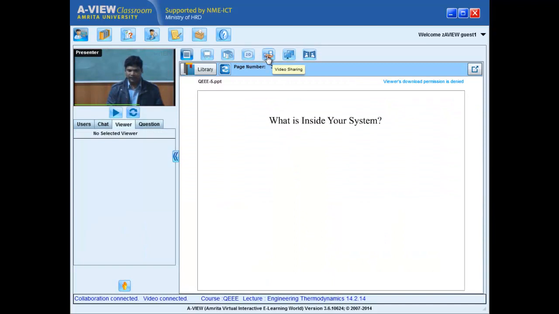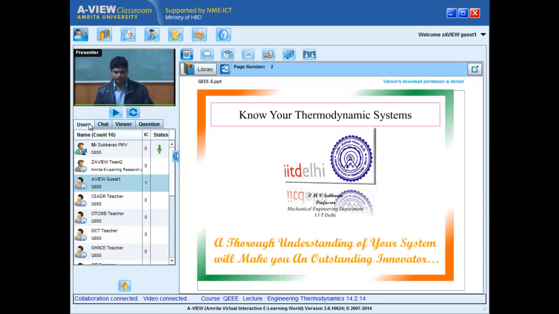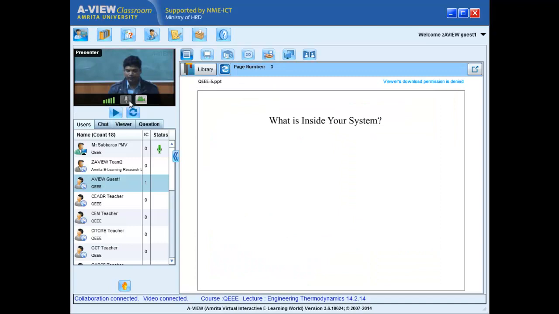Very important, as I said, once you identify your thermodynamic system, and we all classified whether it will be open or closed, whether it is adiabatic or isolated, everything, even then you need to know more and more deeply inside every system. In fact, according to the theory of knowledge, every learner is like a blind person, and a blind person, before entering into the boundaries, has to know in many ways.